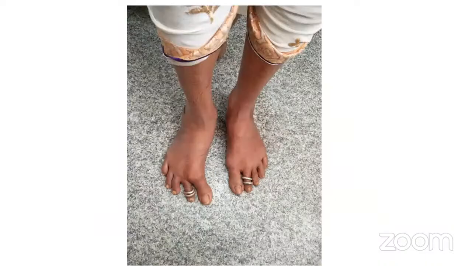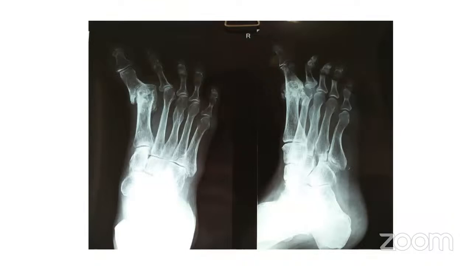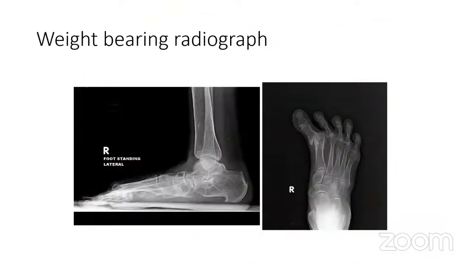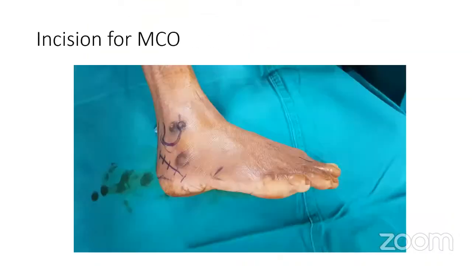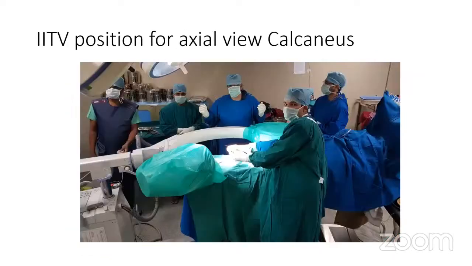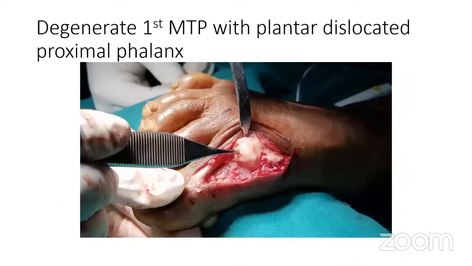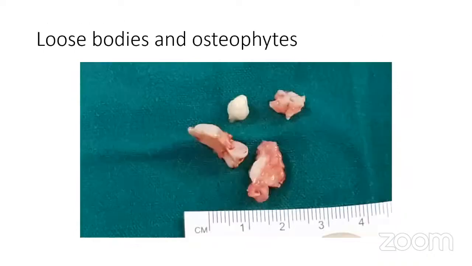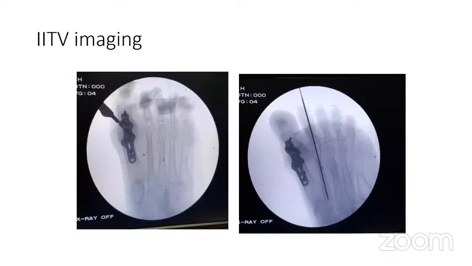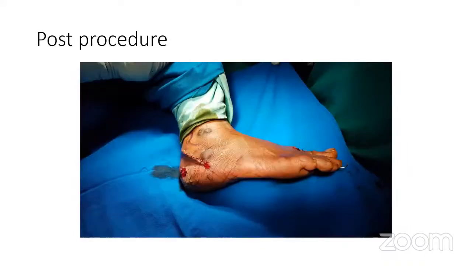Another lady had a fixed forefoot hallux varus and a degenerate joint, so I had to plan, in addition to correcting the flatfoot by means of a calcaneal sliding osteotomy, something for the forefoot. The calcaneal sliding osteotomy was done, and the MTP joint had to go for fusion because it was completely degenerate, and these were the loose bodies found in the MTP joint. An MTP fusion was performed, and the second toe was also addressed in that case.